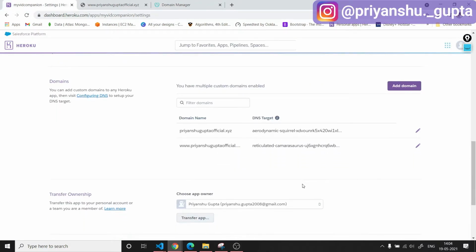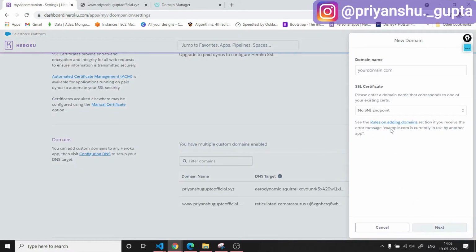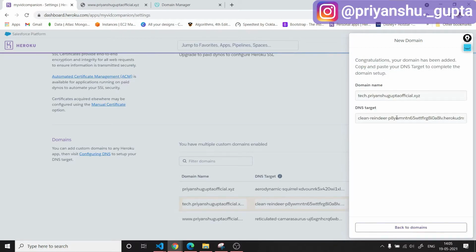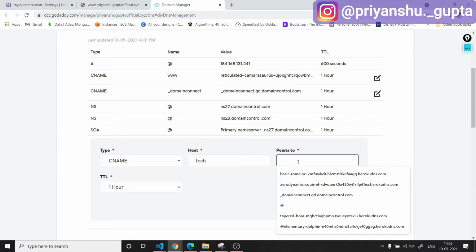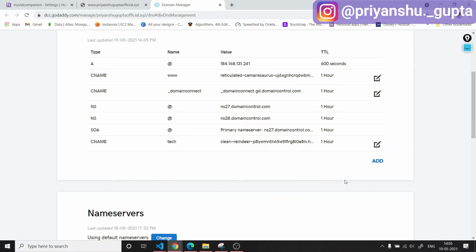Okay, so now if I click on add domain here, and write tech.priyanshuguptaofficial.xyz and hit next, then I will copy this DNS target and point here and save.